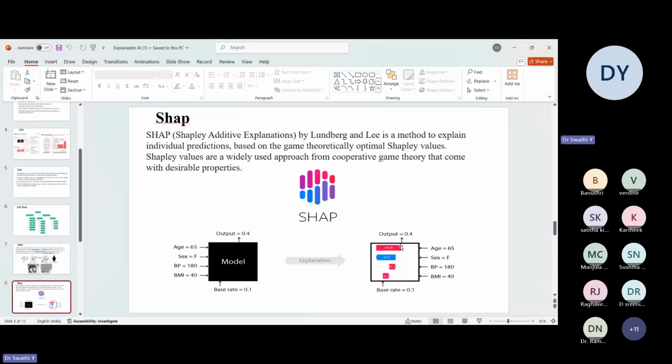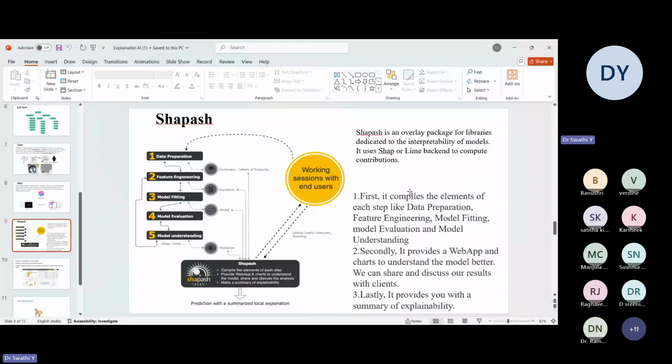And next we have one more tool. I'll first complete the theoretical part, then I'll show you the hands-on for all of this. So the next tool we have is Shapash. This is also an explainable AI tool, compared to LIME and SHAP. I can say it is a little bit advanced, because as soon as you execute it, a web app will be generated. It's like a dashboard. Normally, if you are using Tableau and the like, the visualization charts come; the same thing you can generate using this ShapAsh tool.